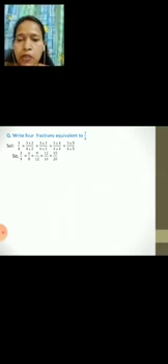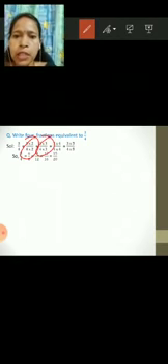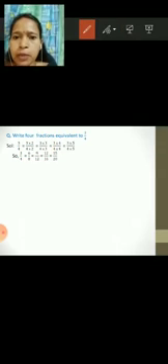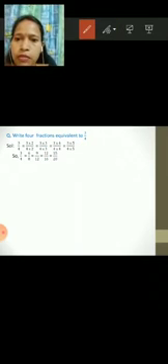Here I have taken one question: write 4 fractions equivalent to 3 by 4. So here by multiplying it by same number in numerator and denominator you can get the equivalent fraction. In first part I have multiplied by 2, see here. In second multiplied by 3, then in third multiplied by 4, and in fourth I have multiplied by 5. So same thing we have multiplied in numerator and denominator.